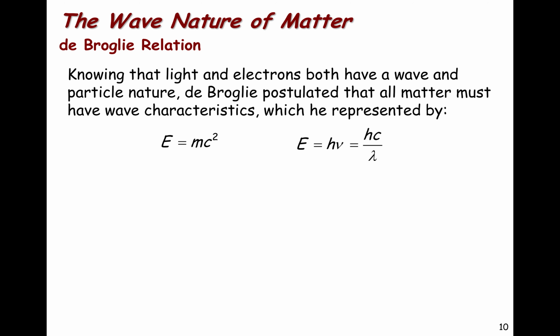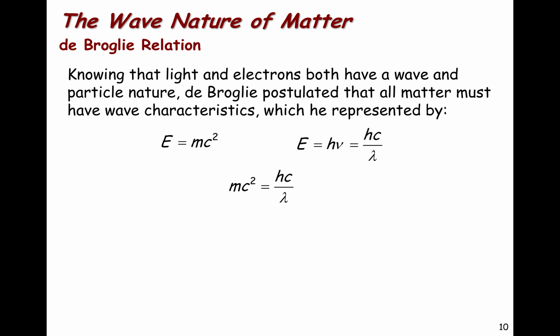Taking these two equations and setting them equal to one another, we can come up with a new equation which says that the mass times the speed of light squared is equal to Planck's constant times the speed of light divided by the wavelength. You'll notice that c appears on both sides of this equation, so we can cancel out